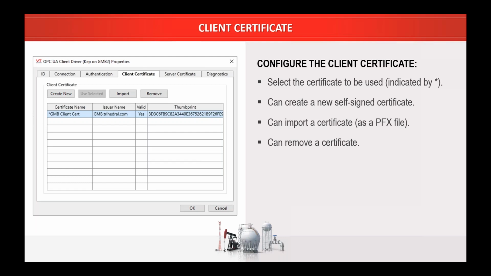We list some information about the certificate there, the friendly name, and we list the issuer name. Now, for a self-signed certificate, that's going to be the local machine. I've done this on my machine here, so that's my machine name, gmb.trihedral.com. If that's come from somewhere else, then the issuer will be the name of that issuer, such as DigiCert. We have a little column, validity, whether we